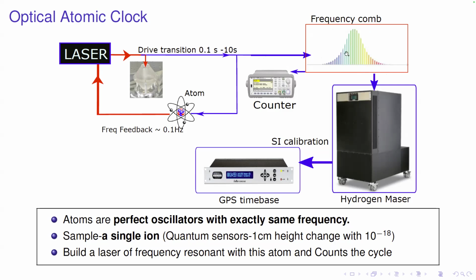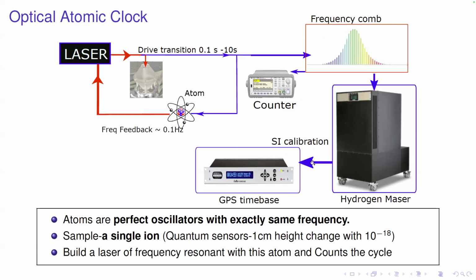And once you have this frequency comb, it has to be locked to a long-term stable reference called a hydrogen maser. This hydrogen maser is synchronized with the SI calibration, the System of International Time calibration, done by the International Bureau. An example is that our internet is all synchronized with SI. So once your computer is connected to the internet, the time on your computer, even though it was slow earlier, will be synchronized automatically.